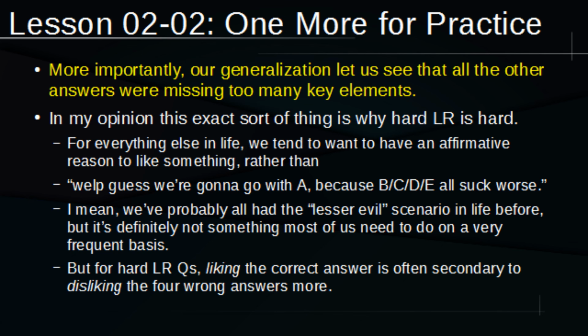The real trap is just the task of generalizing the original stimulus, which kind of bounces all over the place and includes 4 variables if we count the sadly ignored W. But there was a lot of stuff going on, and our generalization didn't tell us that the right answer was 100% right. It looked pretty good, but it wasn't 100% right. But what our generalization did tell us is that all the rest were wrong for very, very specific reasons, and that's pretty important. Sure, you're all aware of how process of elimination works, but at the same time, to eliminate